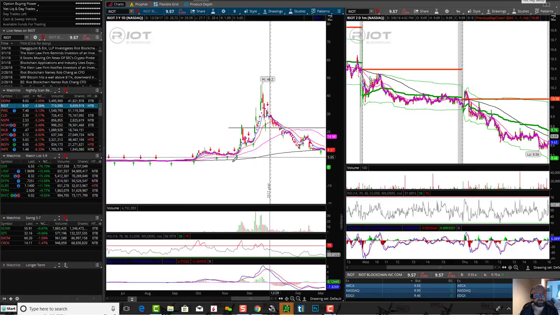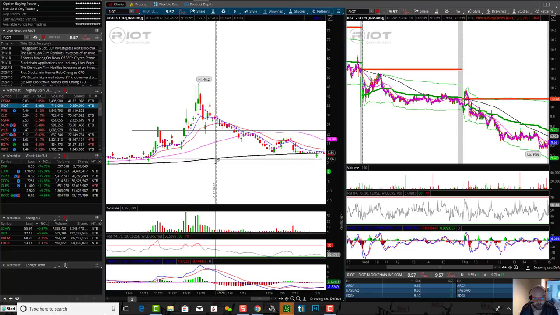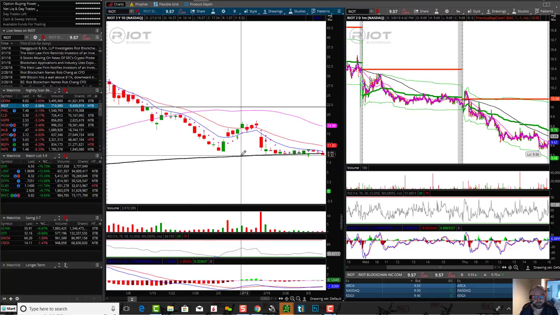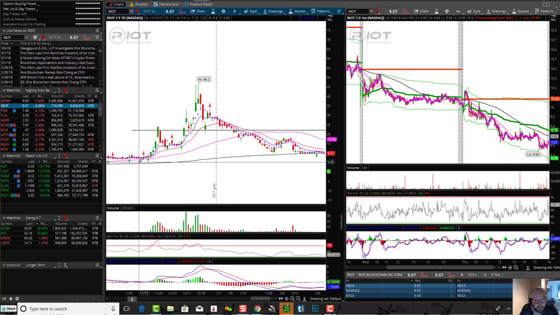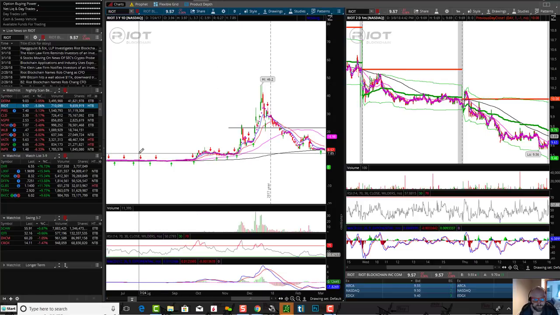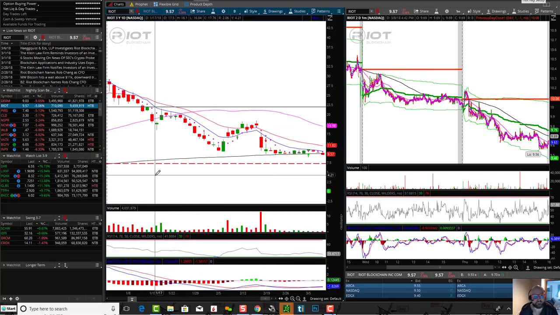No. That one's really teetering right now. Riot. Oh, look at that. Right below that 200 SMA. That thing could have some room to fall. It's tough. You can see all these small little candlesticks. But